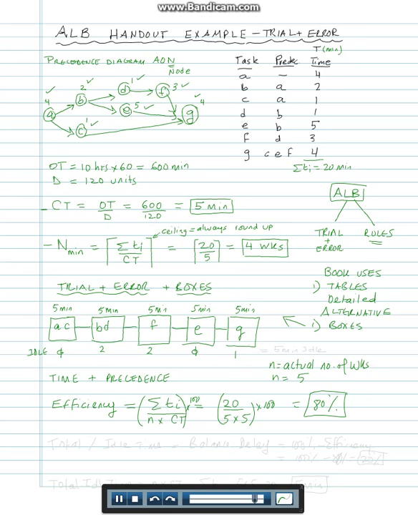The complement of that, we call it total percent idle time, or another name for it is balance delay. And that would be 100% minus efficiency. So that would be 100% minus 80% will be 20%. So my balance delay is 20%. So the total actual idle time is equal to, I can calculate it, n times ct minus the sum of ti. So that would be 5 times 5 minus 20. And so that 25 minus 20 is 5 minutes. You can calculate it like this and then go back and confirm with the numbers that you calculated under the boxes, 0 plus 2 plus 2 plus 0 plus 1. That is also